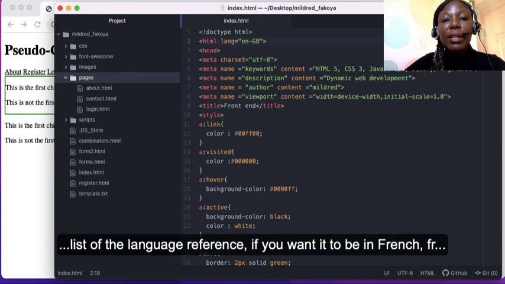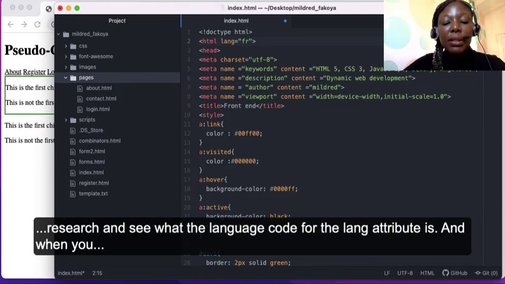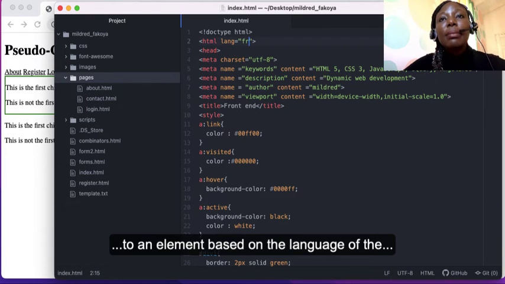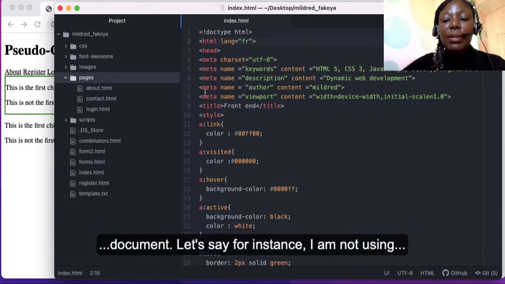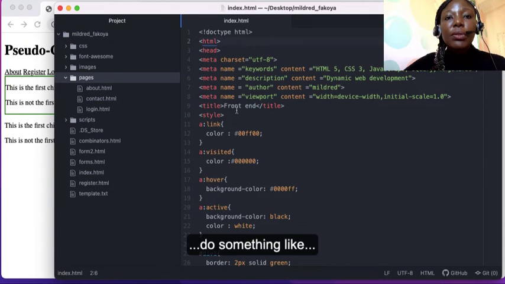There is a list of language references, if you want it to be in French, FR. So there are different language codes. You have to go online, research and see what the language code for the lang attribute is. And when you define a document language, you can actually use pseudo classes to apply style to an element based on the language of the document. Let's say, for instance, I'm not using a global lang attribute here. I want to do something like